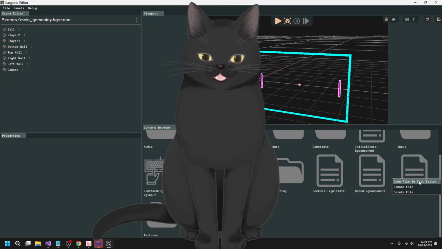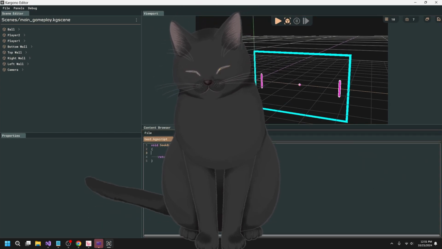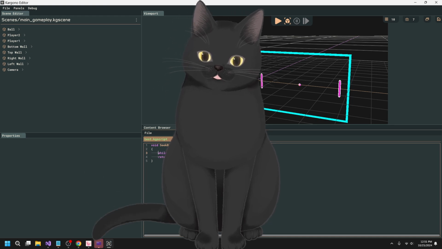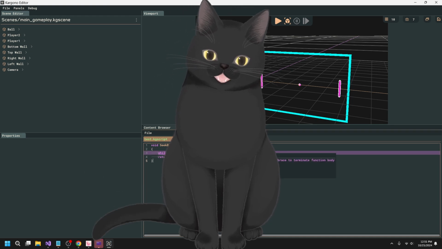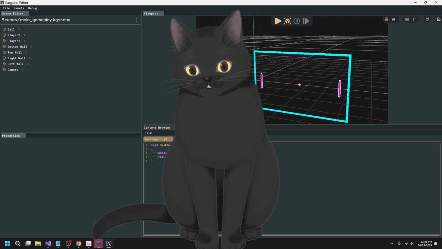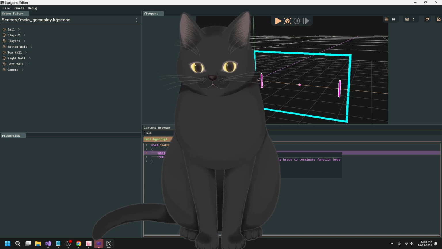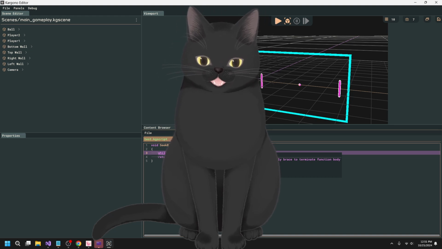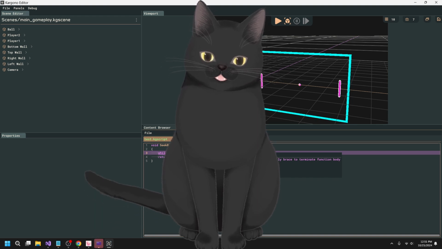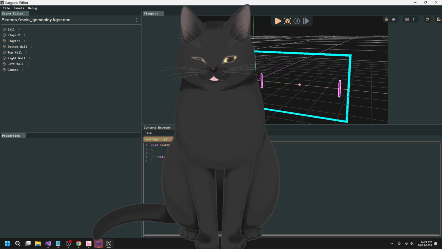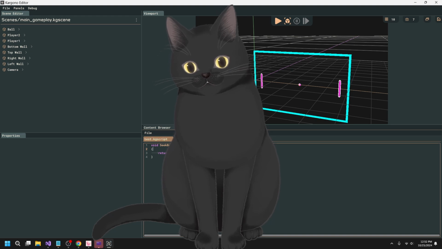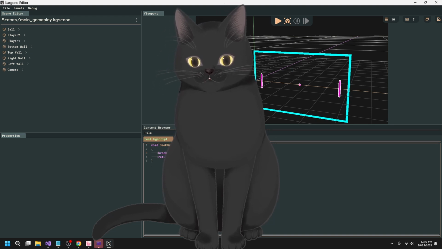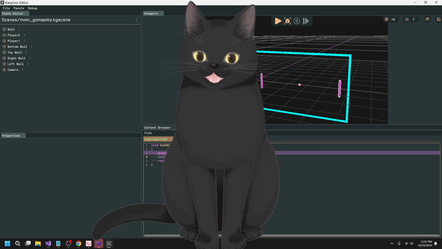Okay, so let me go over to the test script. Trusty old test script. So I believe while, there we go. So while is now recognized as a keyword, but of course the compiler has no idea what to do with the while loop. It's just like, what is this? I think the default error is just, did you forget a semicolon, when it has no idea what something is. So that's good. And then also let me make sure break. And then continue. Yeah, these are all keywords now. So cool.